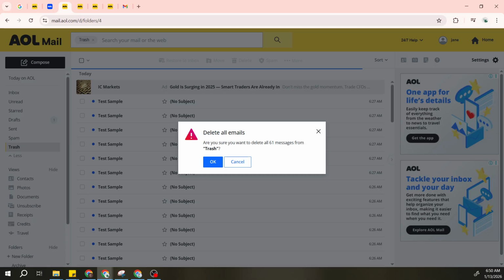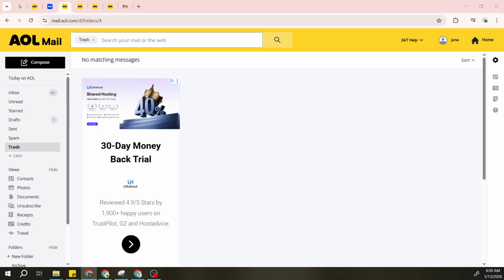After you confirm, the trash folder will clear. You should see the message count next to trash drop to 0, indicating that everything inside has been removed. That's all there is to it. Using this method regularly helps free up space, keeps your account organized, and makes it easier to find what you